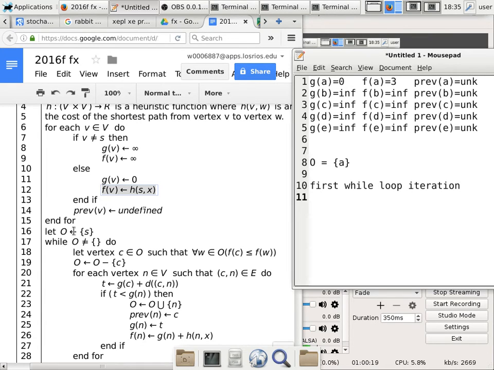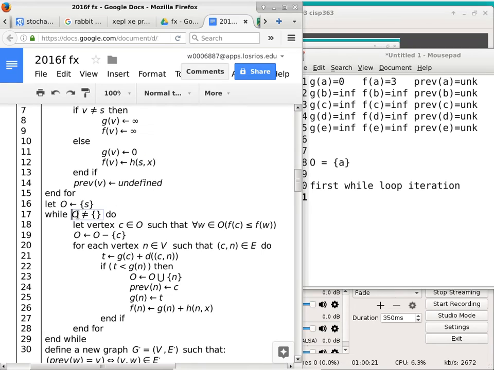Okay, so what are we going to do here? Is it empty? No, we have one single element in it, so it cannot be empty. In that case, I want to find the vertex in this set that has the smallest F value. I don't even have to look, and I know which one I'm supposed to pick, because there's only one element, we have to choose that one, right?